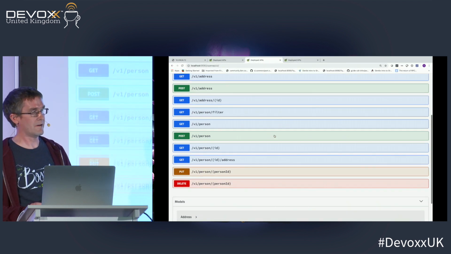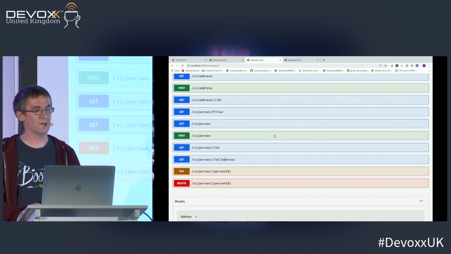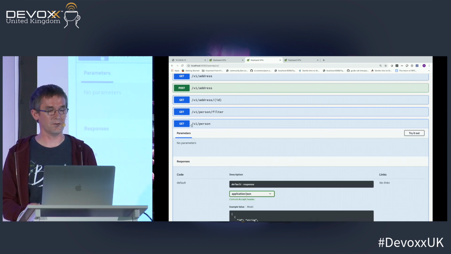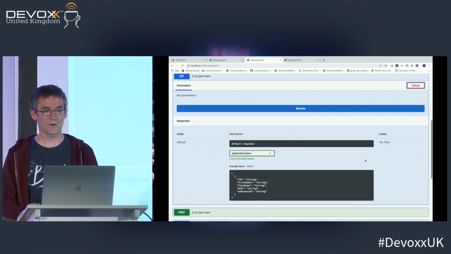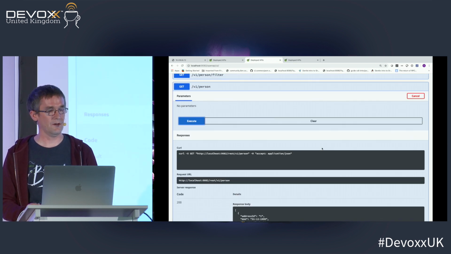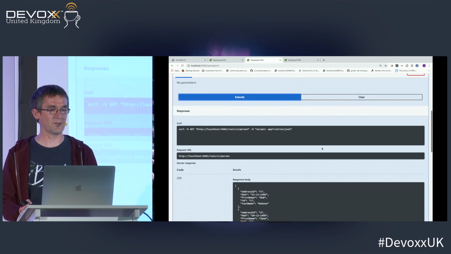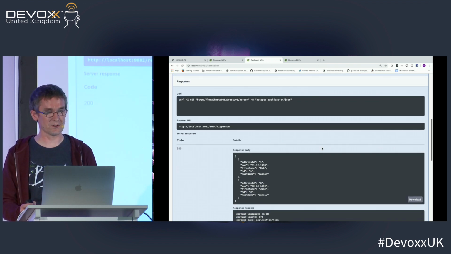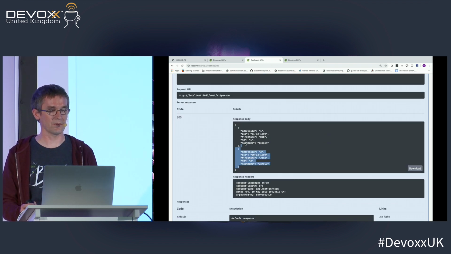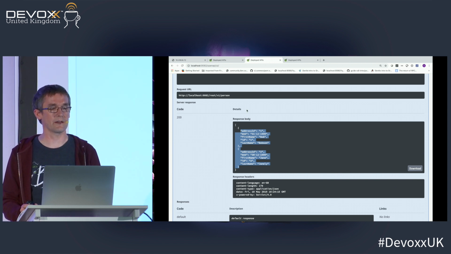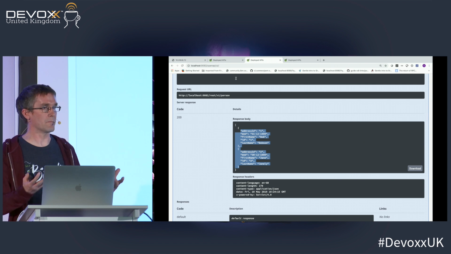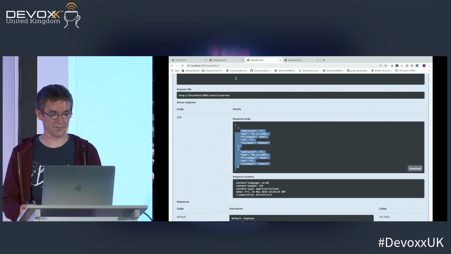Okay, so I've got various HTTP methods available, and I can do things like a get, and this is going to give me back, well, guessing based on it's just at the root of the person resource, all the people that are defined in my backend. And you might have pagination methods and things like that. So again, it's getting a bit more helpful to the developer, more information for me to see.